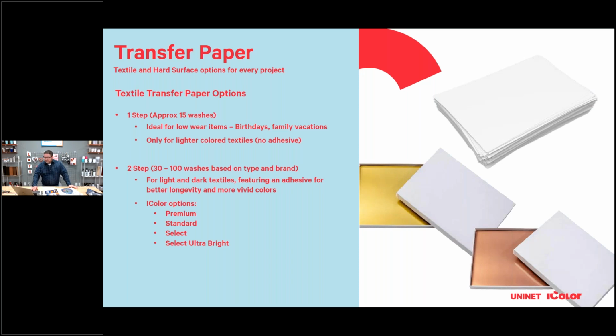Well, what you want to do is gang your images up on a sheet. If you're printing on an A3 or tabloid size piece of paper, don't waste it by just printing a small image on there. The RIP allows you to what we call nest. So take all your images and gang them up on the sheet. Do not waste an inch. That's the way you're going to maximize your space.